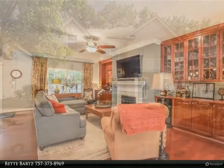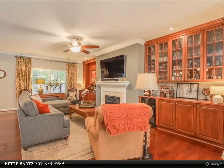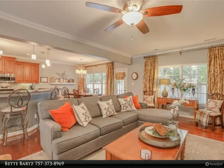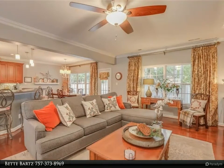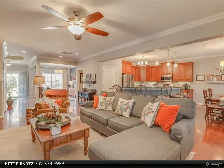Gorgeous, immaculate, all brick condo shows fantastic and is located in the small, quiet community of the Lane at Wildwood. The moment you enter you will notice it lives large like a single family home. The floor plan is bright and open and boasts hardwood flooring, 9 feet ceilings with crown molding, and wall of windows